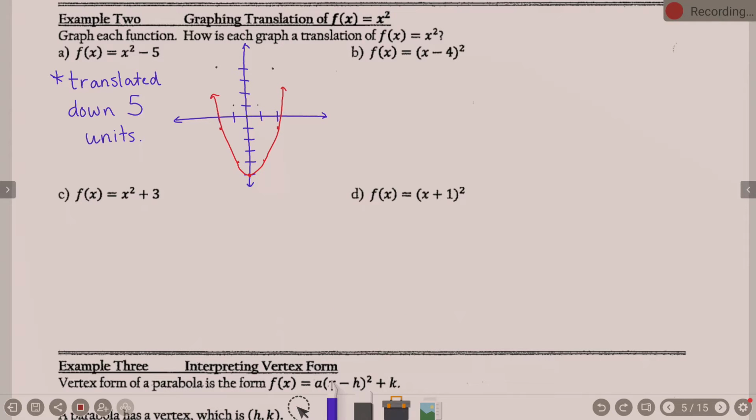Yesterday, we left off in 4.1. We were on this example 2. We were graphing, right? In example A,